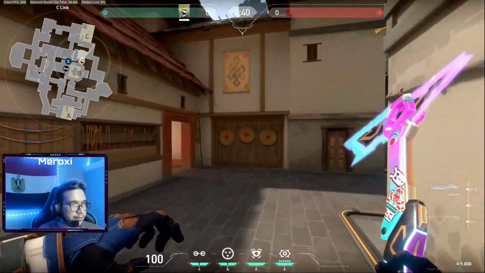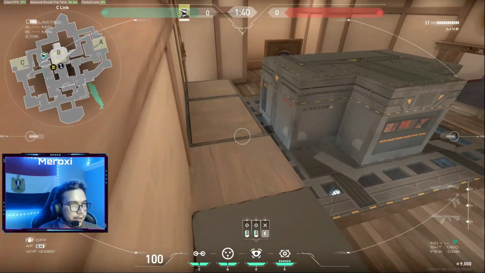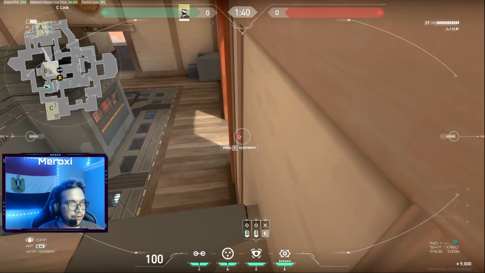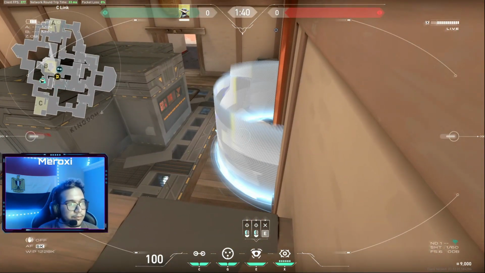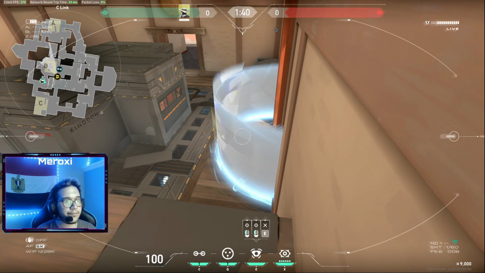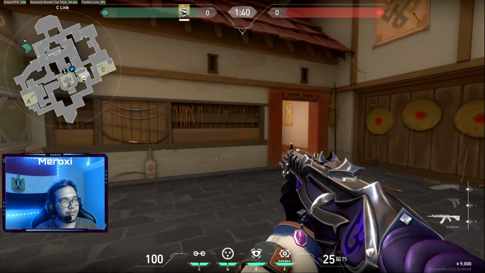You can help people in A. You can help people in C, and you just play on your cam. If they push in, you just cage it and let your teammates rotate back, but stay on cam to tell them if someone comes in or not. But yeah, I think that's pretty much it for